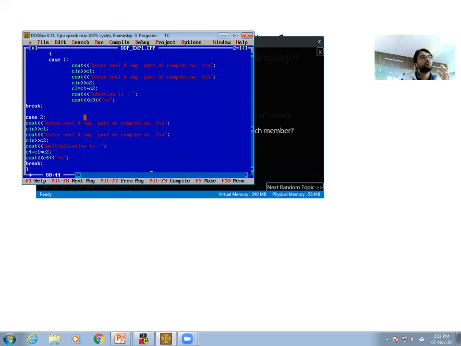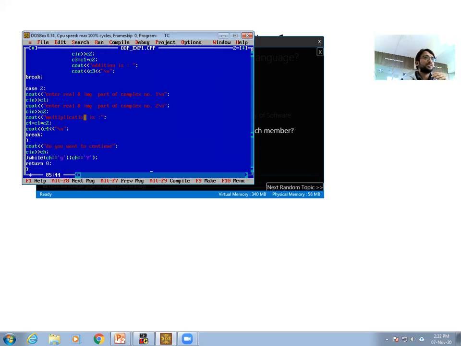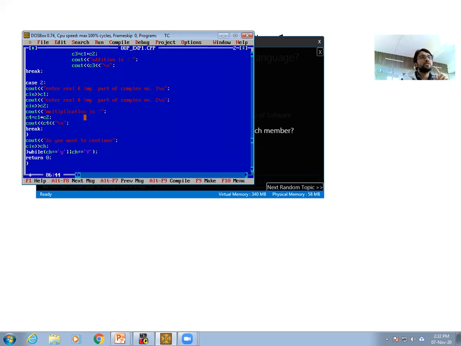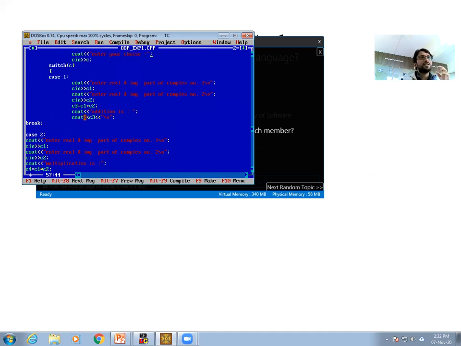In case number 2, we multiply those two numbers. This is executed until we give a negative response when it asks, do you want to continue? Now, whenever we perform the addition or the multiplication, the program switches to the class.